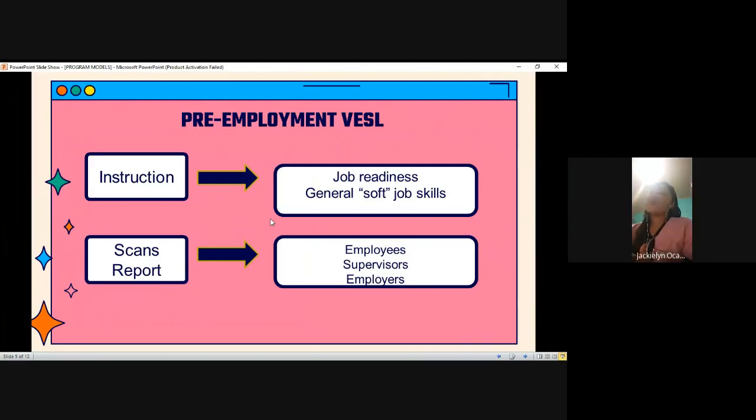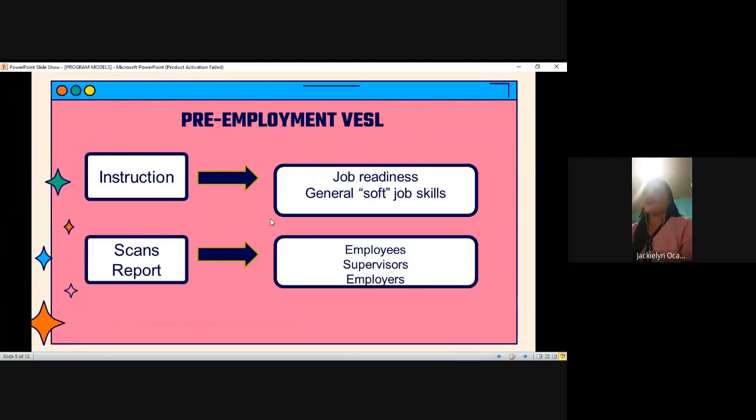In this pre-employment VESL, instruction is devoted to job readiness and general job skills, as outlined in the SCANS report, where employees, supervisors, and employers find a clear pattern of what it takes to be successful in the workplace.